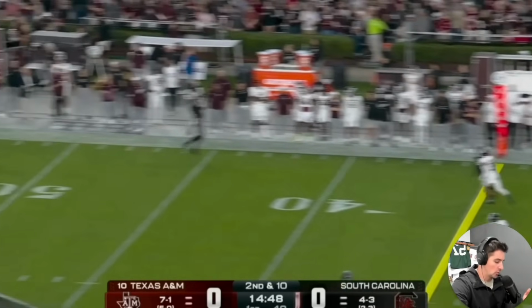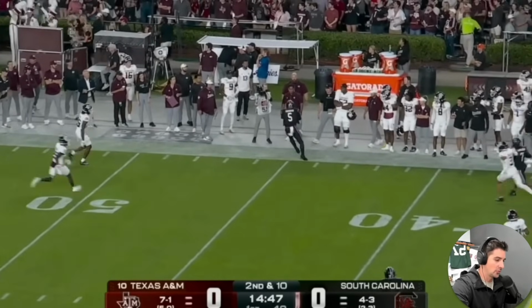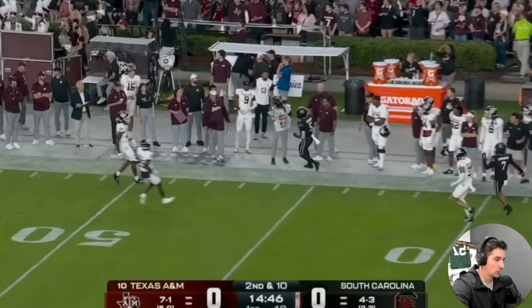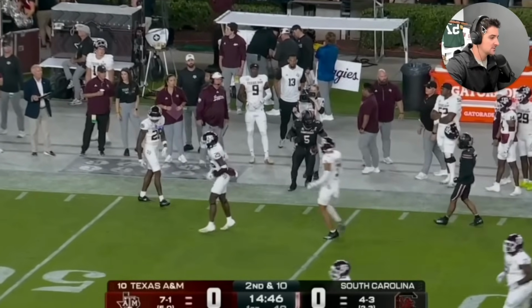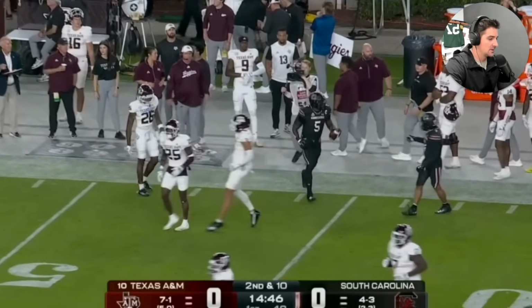Again, I want to do the quarterback design runs because I want Clemson to see early how athletic you are. I really do. Okay, let's go on to the next keys, and that's a combination of play action and a combination of straight